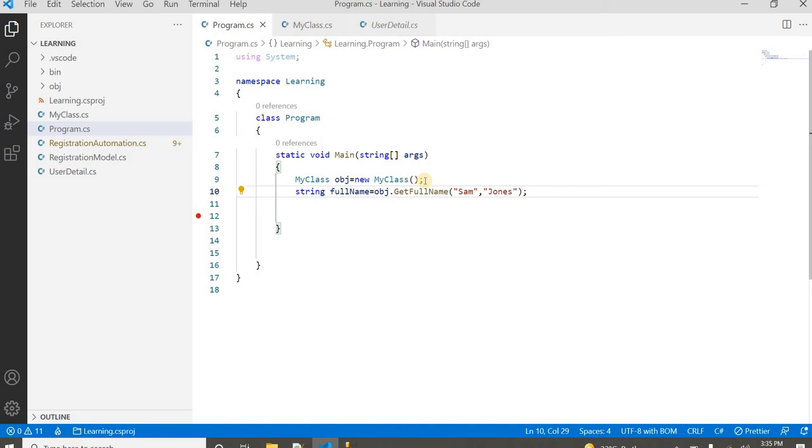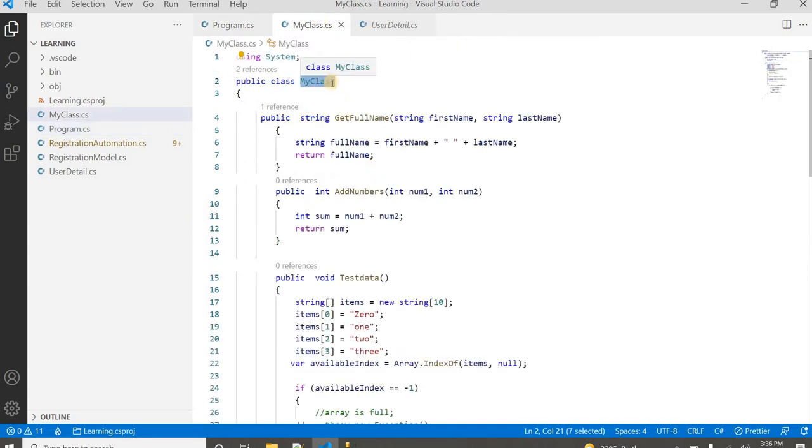Now this code is looking good because we have moved a lot of code from the main class to some other class. I have given a random name, MyClass, but we can give any meaningful name, and then we can separate the code based on our partition. All the methods which are related to filtering the data will be in one class, and those methods which are dealing with the database will be in another class. In this way it's easy to manage the code. Now all the code exists in MyClass. So class is a collection of methods or properties.